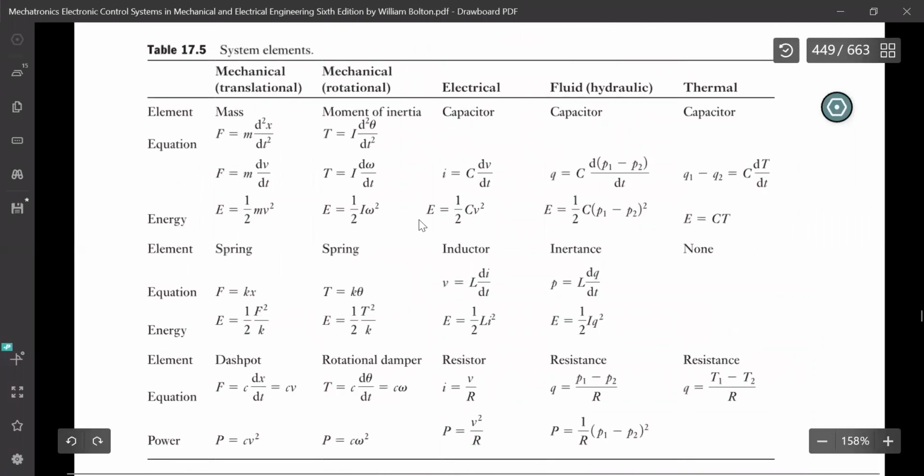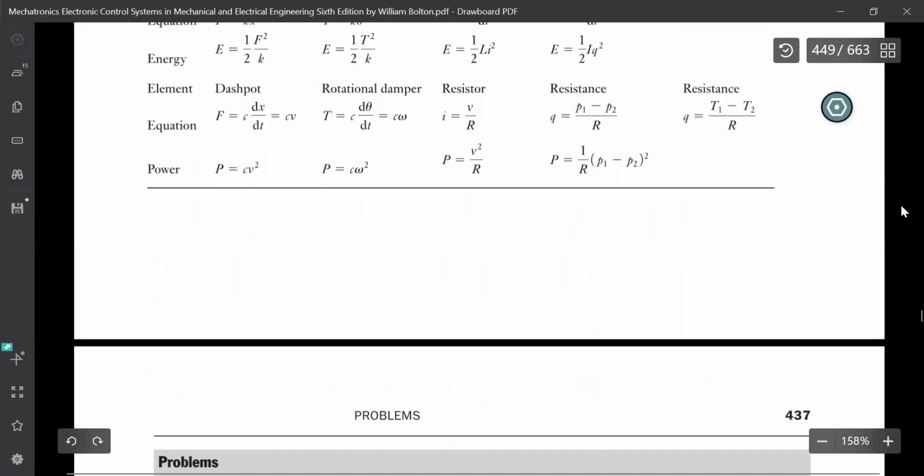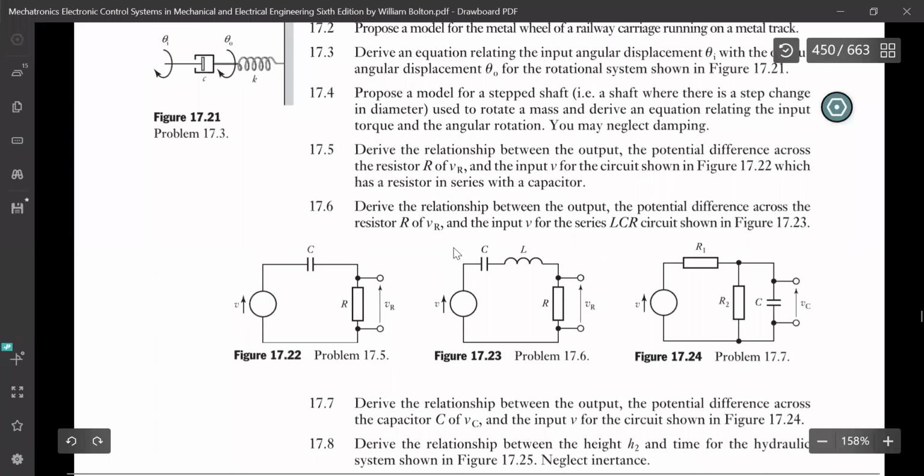All these have been given in table 17.5: the mechanical, the electrical, the fluid and the thermal. So you must remember these, and